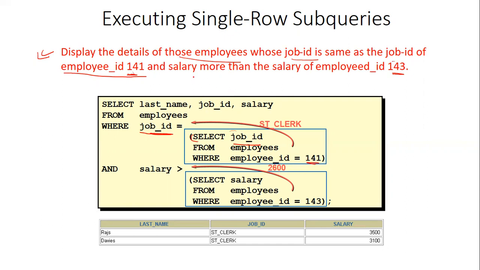Next we identify the salary of employee 143 and compare it. If the salary is greater than that of 143 and the job ID is equal to that of 141, then those rows will be fetched.